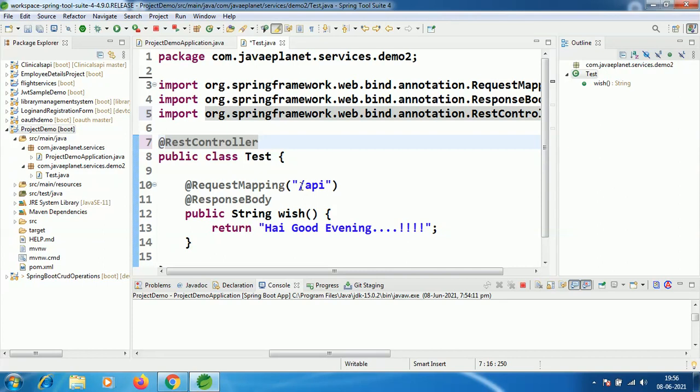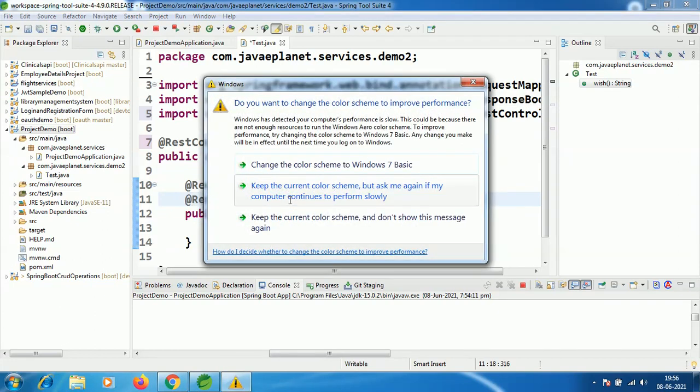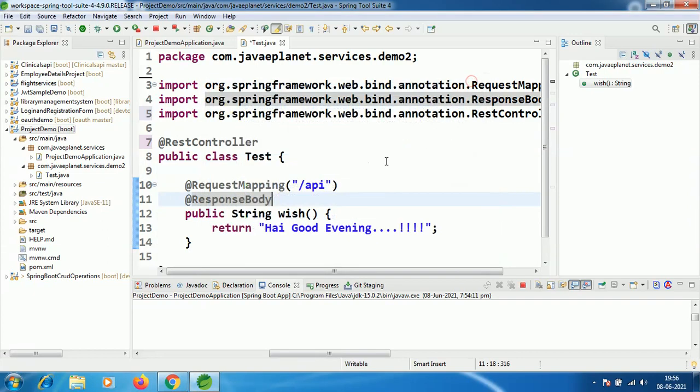When we annotate this class with @RestController, we don't need to annotate this method with @ResponseBody, because RESTful services work internally. This @RestController annotation came in Spring 4 version.